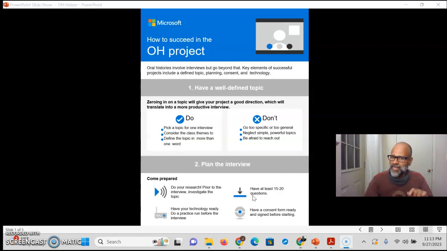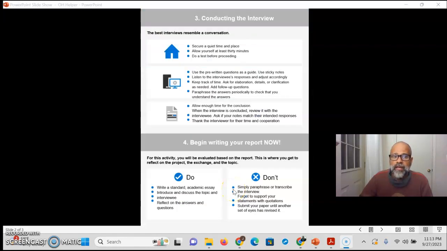And one last note is that it's an oral history project. It's not just a conversation. Use the suggested model that some of the handouts gave you for a consent form. Just a regular consent paper that the person can sign saying that they consent to being interviewed.